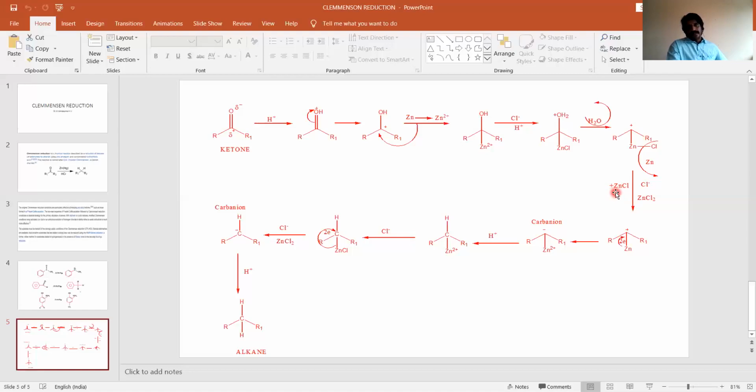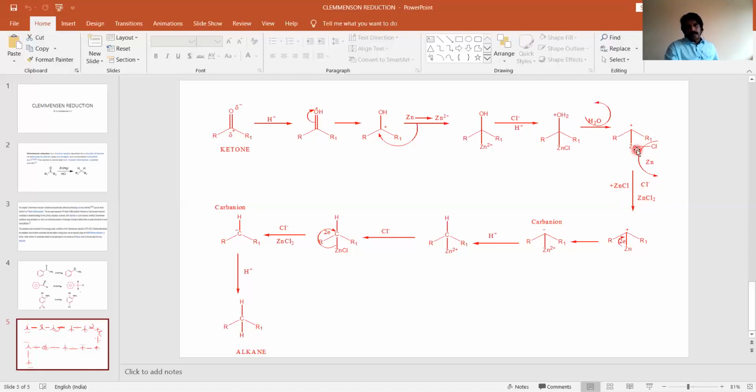All right, at this time, the second Cl is coming into the picture. We have used the second HCl molecule here, where we used only H plus. One Cl was back with us. That Cl is coming into the picture. That Cl will combine with this Zn-Cl and compensate the plus charge, because Cl is in the form of Cl minus, forming ZnCl. The complete molecule is out: zinc chloride.